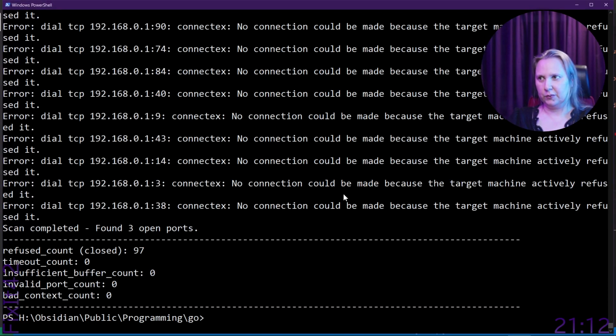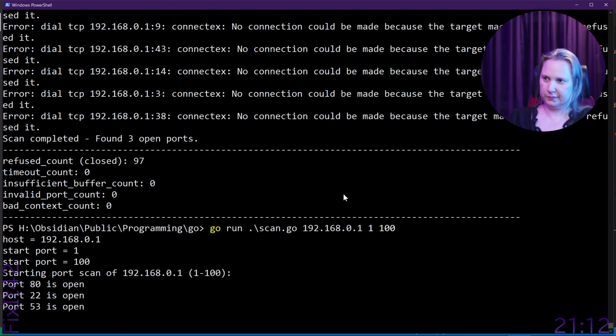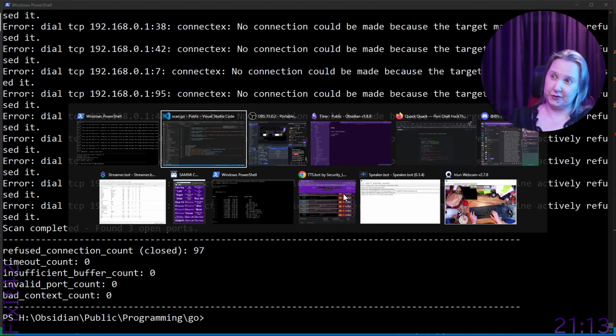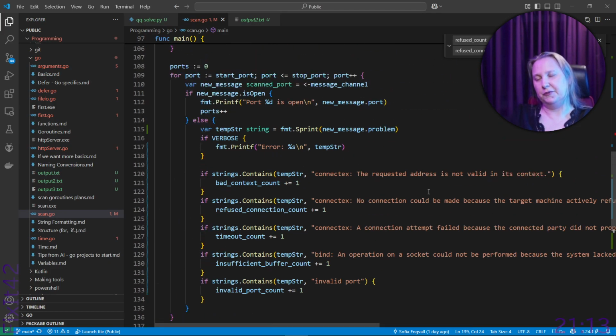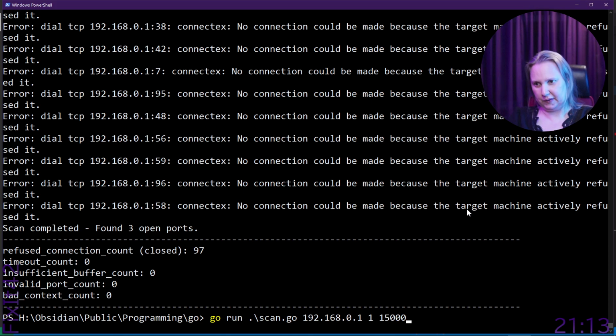Let's just save and run it once more with this tiny scan, making sure that it works as it should. So 3 open ports. So now we need to fix the 15,000 barrier, which is amazing. I'm so amazed that it can do 15,000 ports, or at least 10,000 with even a timeout, right? Let's start that one again. So 10,000 ports,